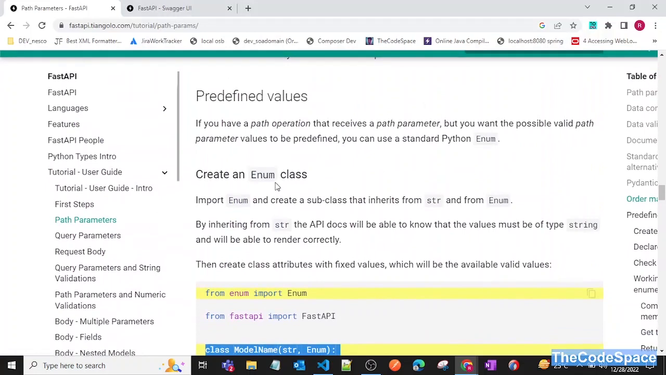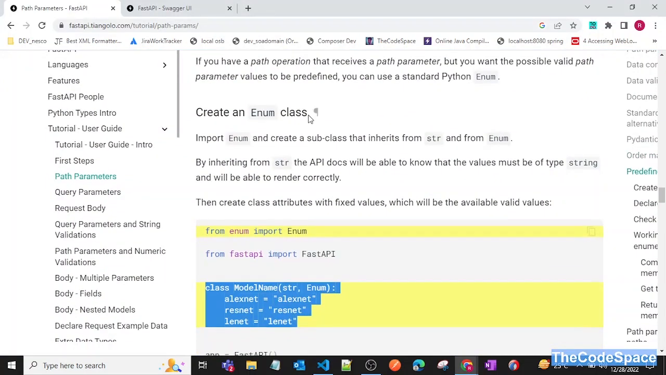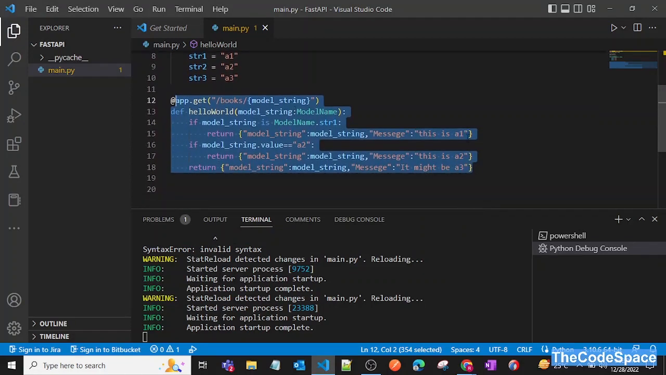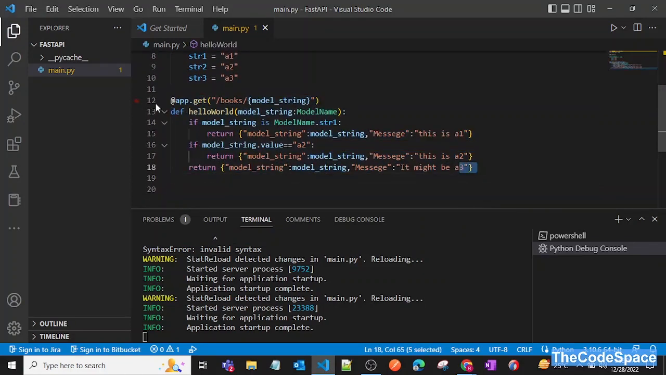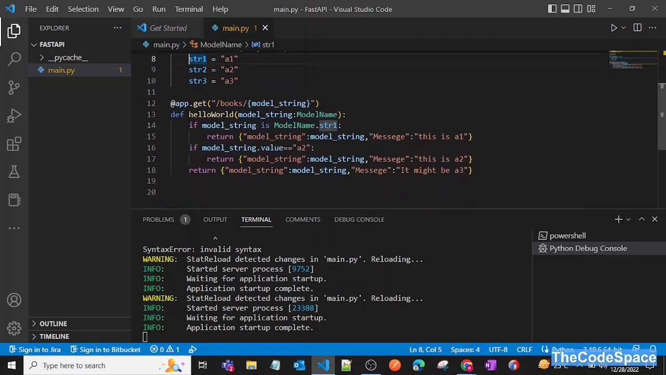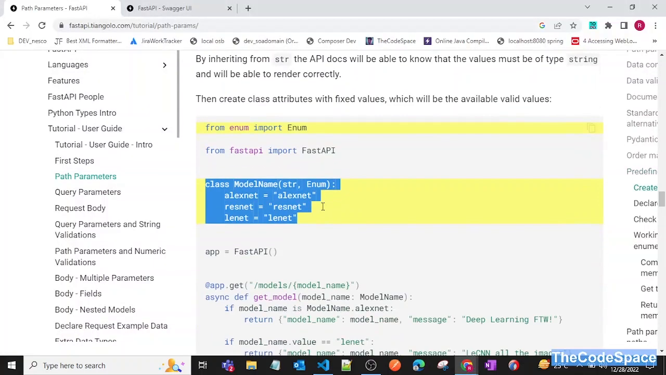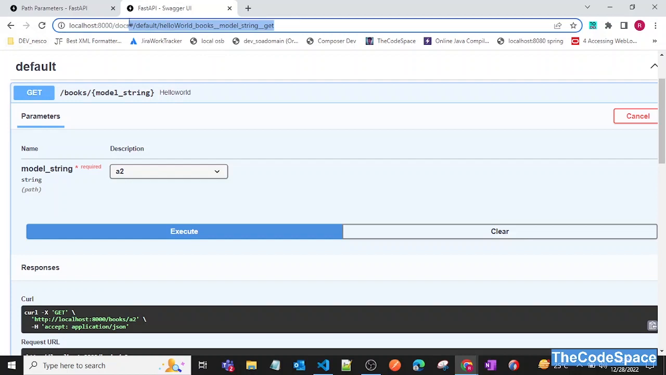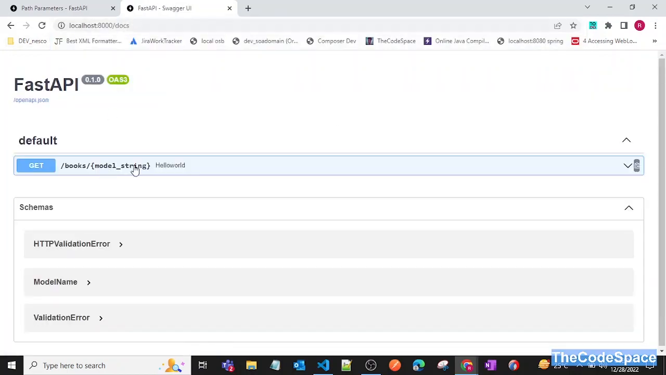using this concept called predefined value. So now we can create an enum class, and then we can do this kind of thing. So we can just match the incoming value with our model's predefined value, and we can just return these things. Okay, so now if I run this again, let me go into my docs, and then I'll try to run